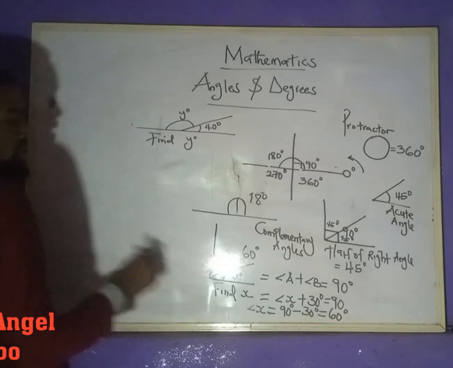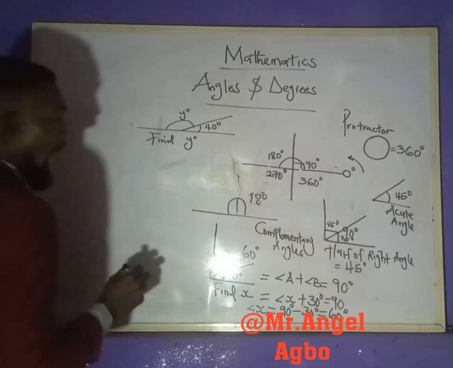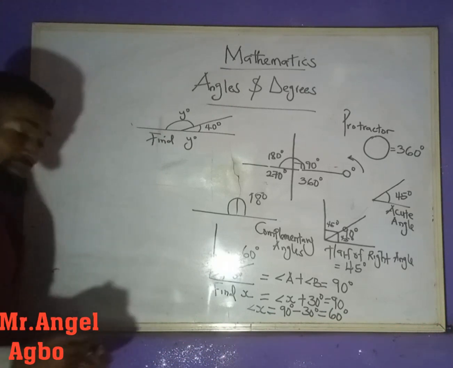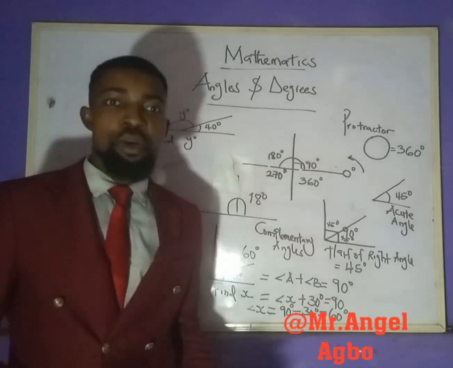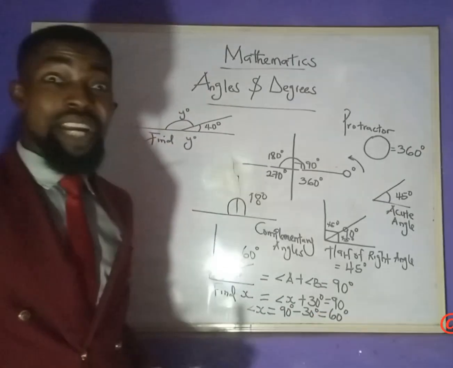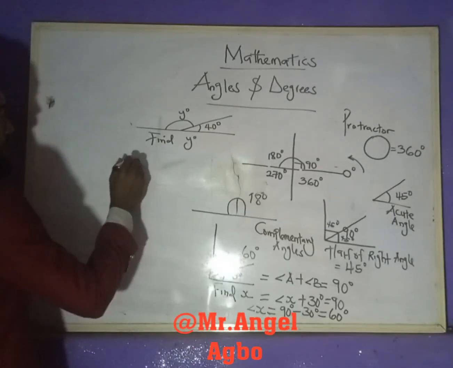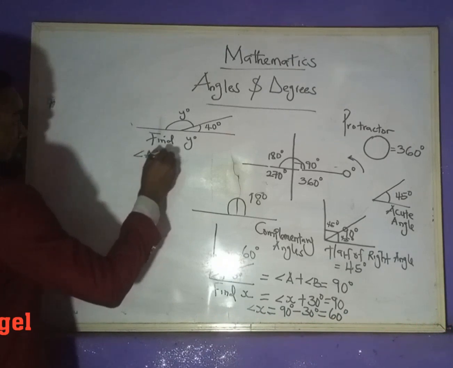Now, just like we did here, under supplementary angles, when two lines join together, they still form one line, and that one line is equal to 180 degrees. Now we have it this way: angle A plus angle B